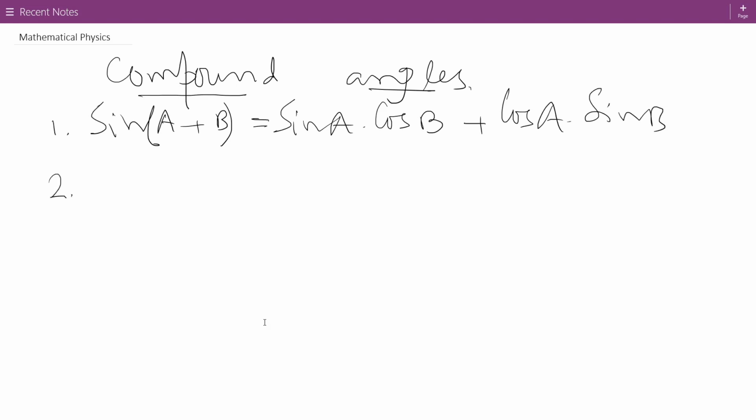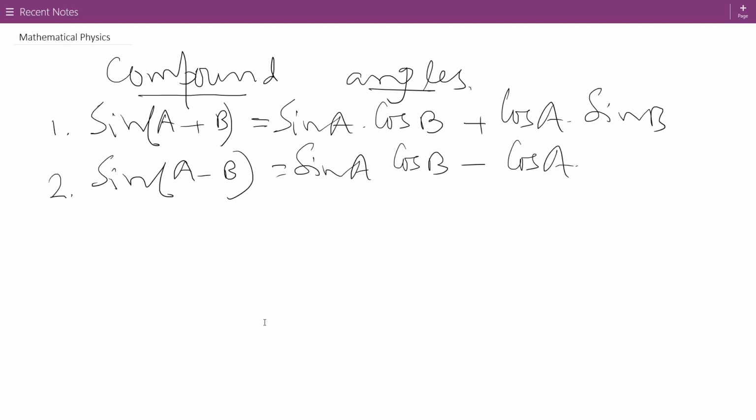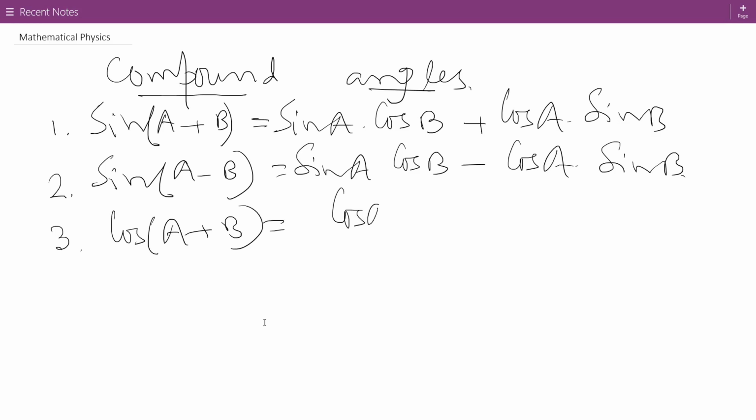Second is sin A minus B. You write sin A cos B minus cos A sin B. It's a very important formula for physics. Now cos A plus B, you write cos A cos B minus sin A sin B,